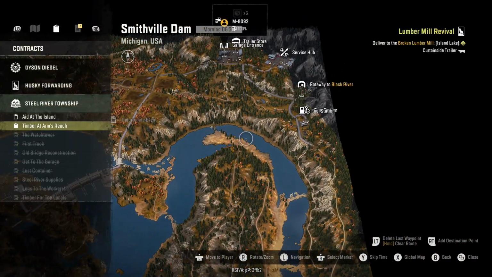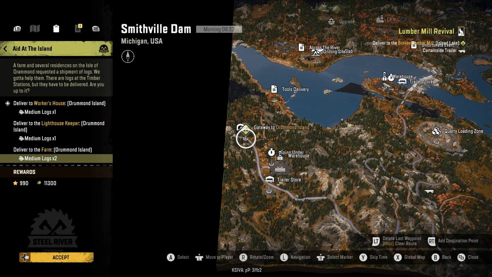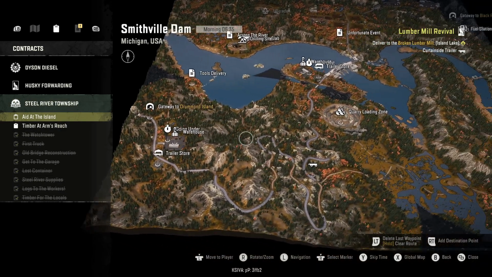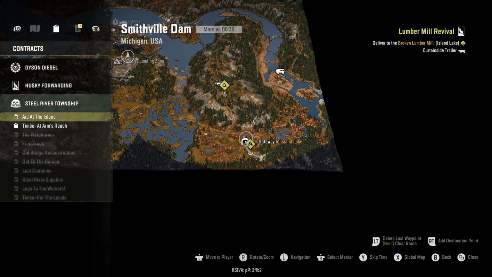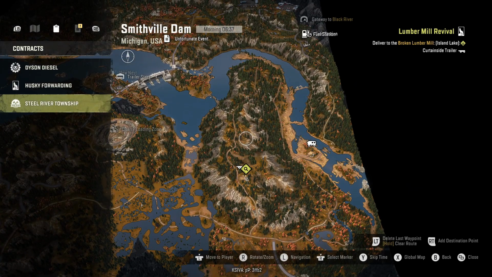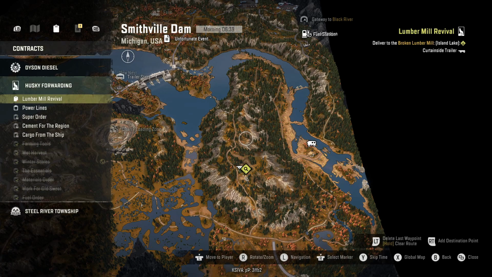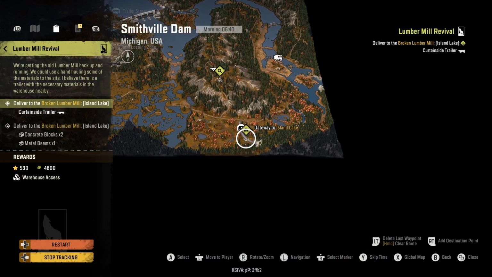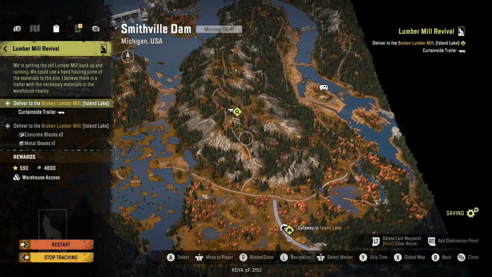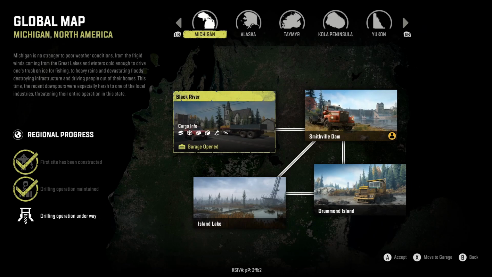Now, we won't be doing that one either. Aid at the Island is in Drummond Island, and they're all medium logs, right? So that's probably something we're going to do off camera, honestly, unless from Island Lake they get a... You know, they straighten up pretty quick. Now, where was the Lumber Mill Revival? Okay. So now this requires us to grab the curtain side trailer from here, take it to Island Lake, and then if we skip to Island Lake,